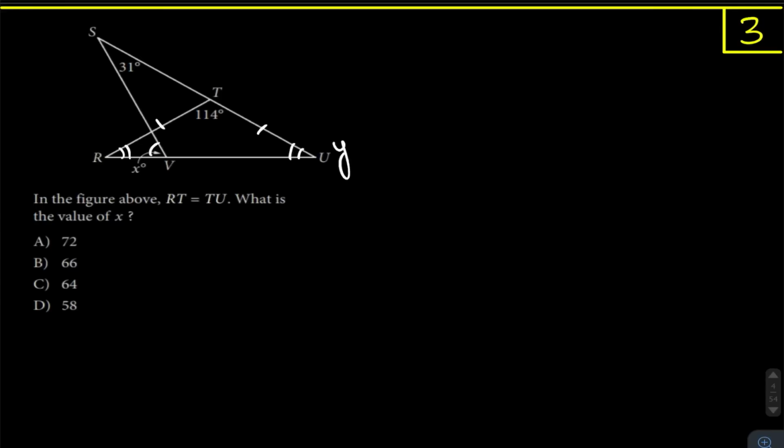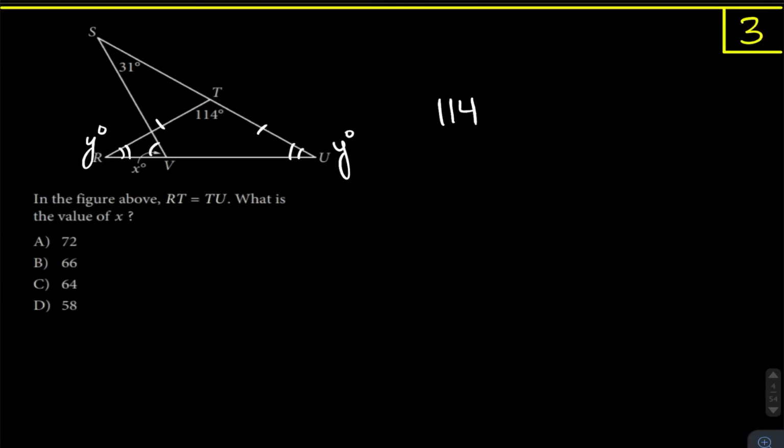And we'll call this angle y, all right? So I'll say y degrees. Now, the reason I'm naming both of these angles y is because they're the same. We just said that since we have an isosceles triangle, this angle is equal to this angle. So what we're going to do